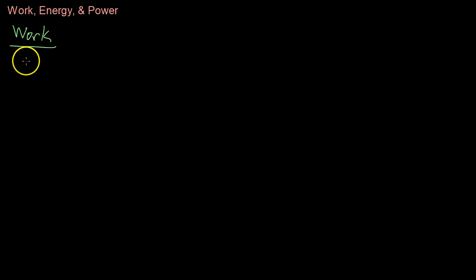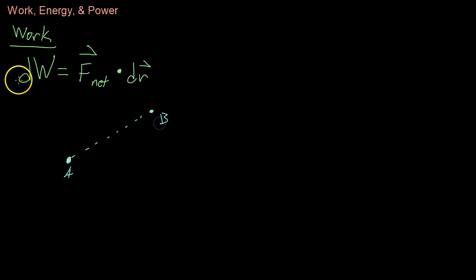Our first concept is work, and work is defined, at least as an infinitesimally small unit of work, dW, as the dot product between the net force acting on an object and the direction in which the object travels. To illustrate, if you have a dot that travels along this path from, let's say, point A to point B, and it's pulled along by some force acting in this direction along this whole way,